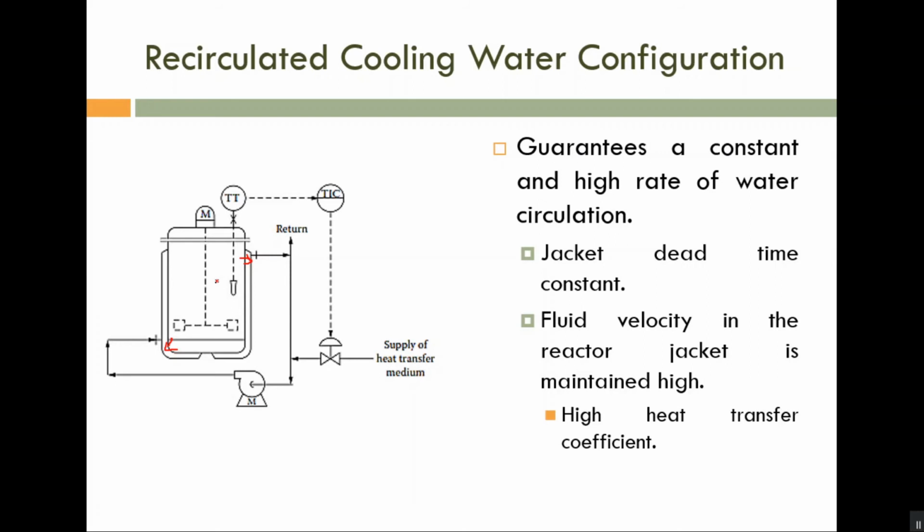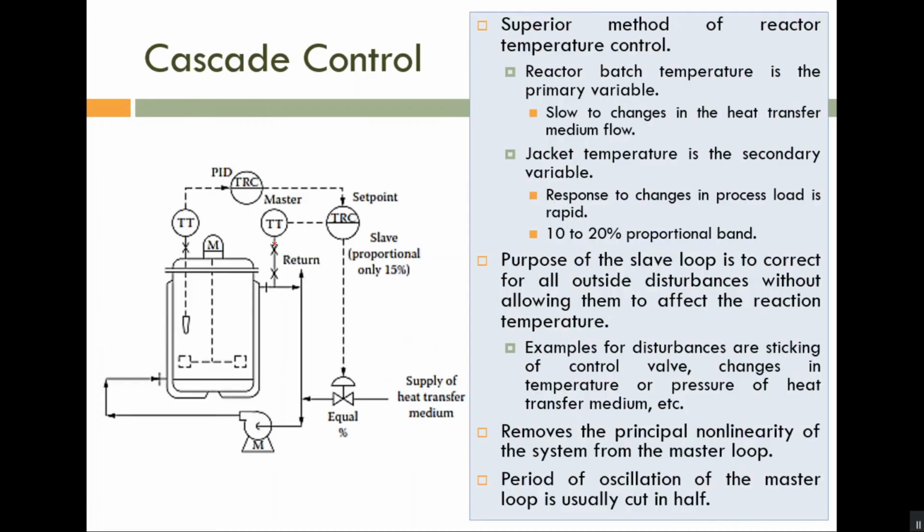So please note here the disturbance is primarily affecting the manipulating variable, that is heat transfer medium. If a disturbance is affecting the manipulating variable, then we have to use a cascade controller. Cascade controller means we are going to use one more measurement. So that one is our next one. Okay. So please note this title and this diagram.